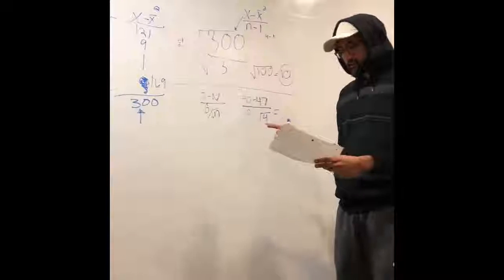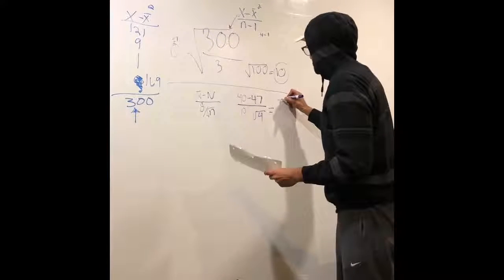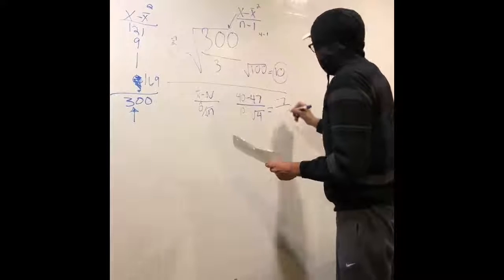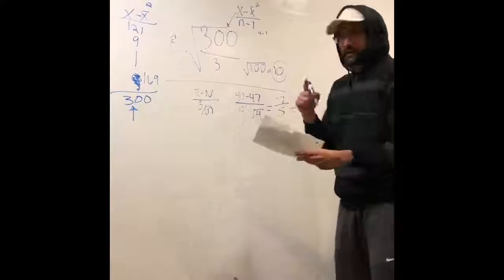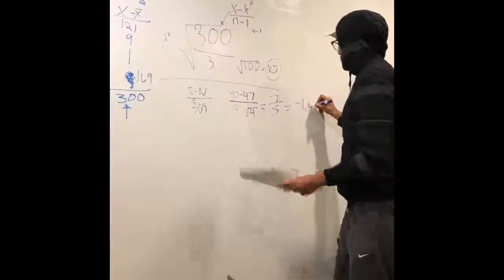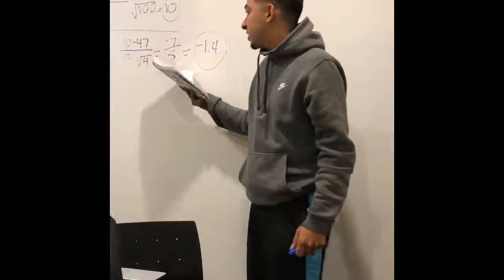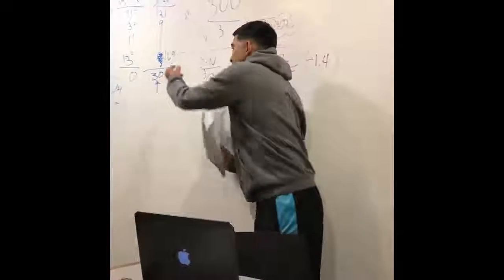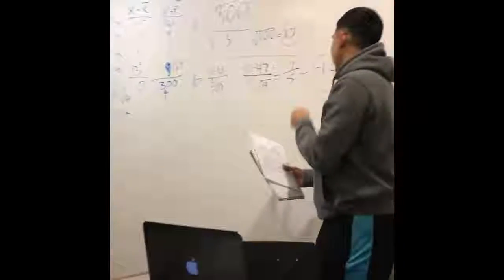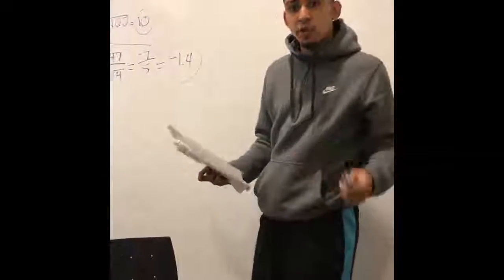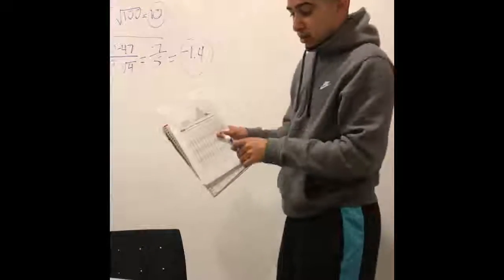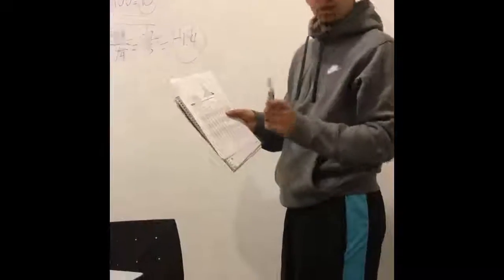So if we put this in our calculator, we find that it's negative 7 over 5, and that comes out to negative 1.4. So after finding the t, the t is negative 1.4. We need to find the critical value. So I'm gonna go to my two-tailed test, with degrees of freedom of 3. Look at this right here. This is where I'm gonna go, 3.5.